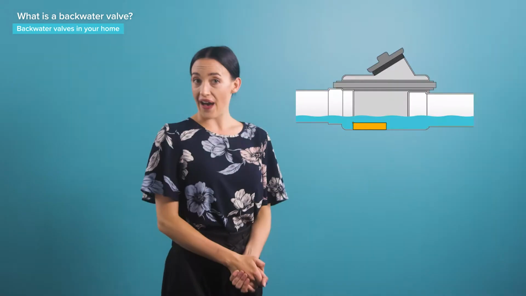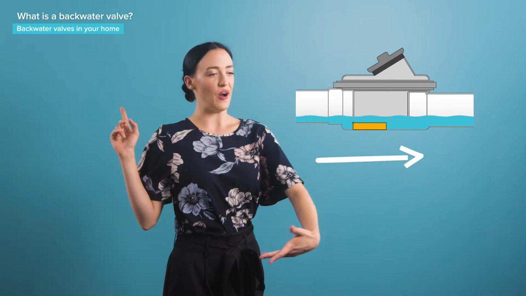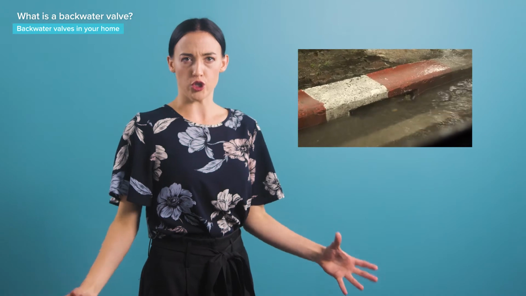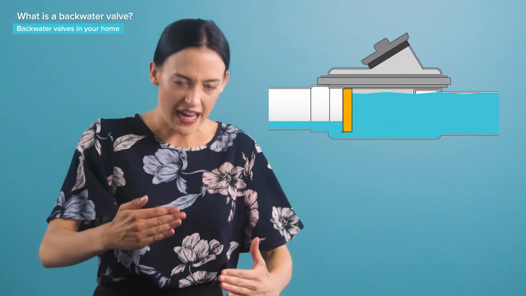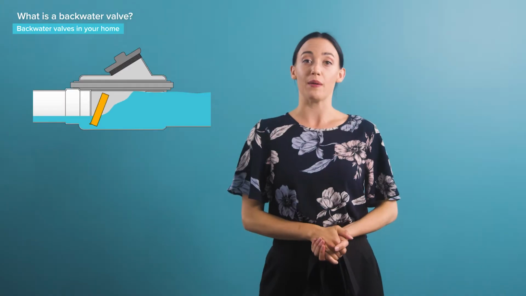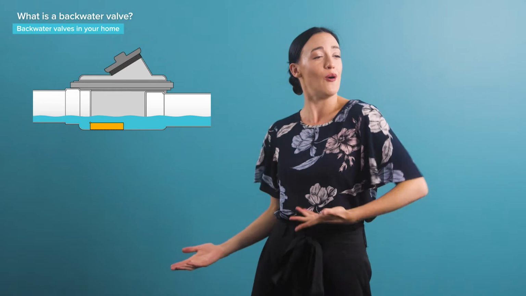A backwater valve is a device installed on the sewer pipe leading from your house to the city sewer line under the street. The valve only lets wastewater flow in one direction, away from your home. If the city sewer system becomes overcharged and sewage tries to escape through your home's plumbing, the backwater valve will engage and seal off the line. When the incoming pressure drops, the valve will disengage, and wastewater can once again flow from your home to the sewer. That's something important to remember.